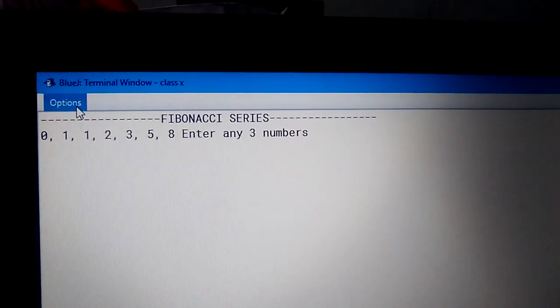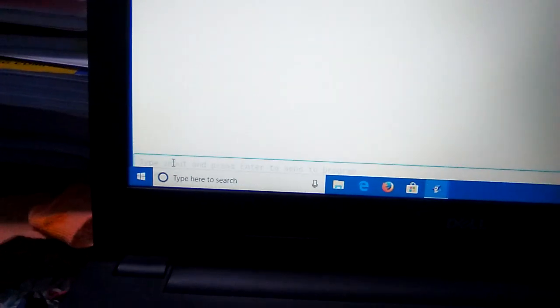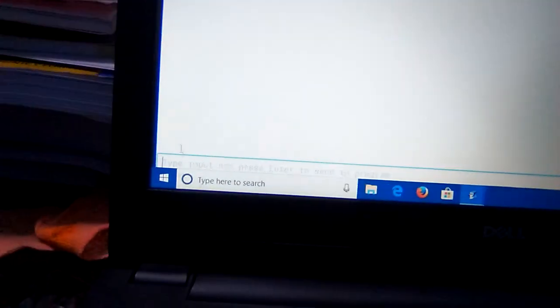So we should clear the output of the previous program and then we can continue. So this clearing was supposed to be done before running the program. So let us run once more the previous program that we have started.